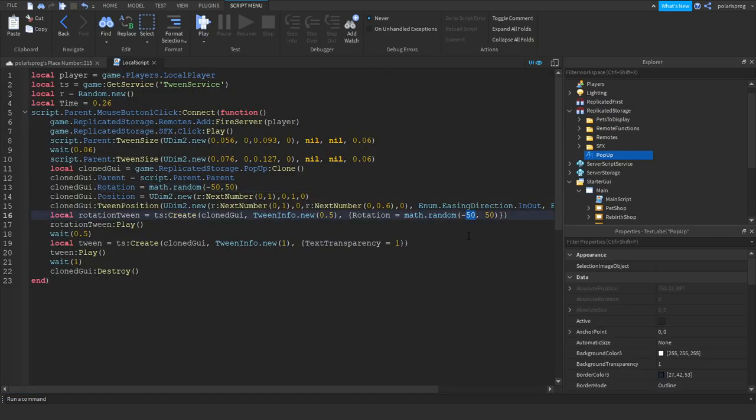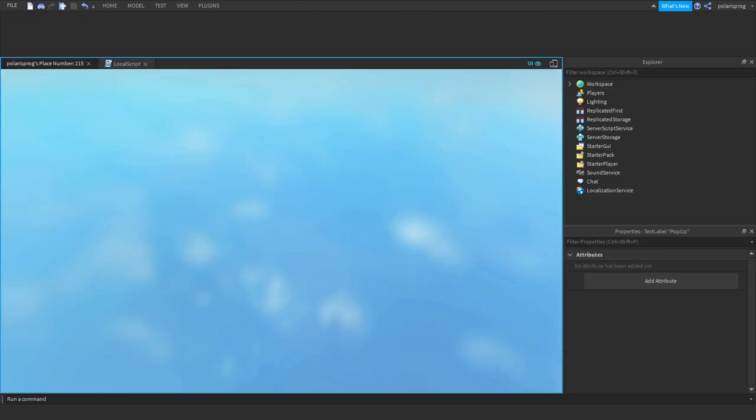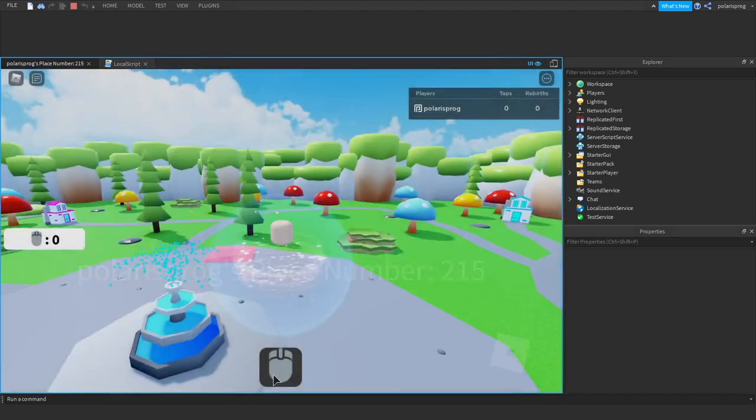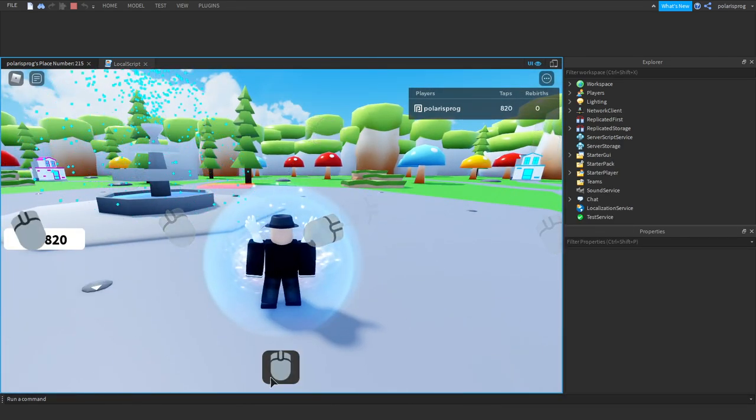To info.new, let's make this 100, and from 90 to 90, and let's see if that works now. Or maybe I should change the tween info. I mean, this works, but